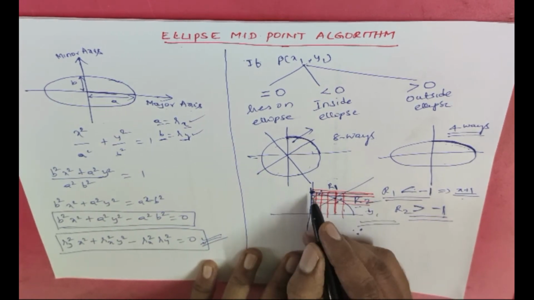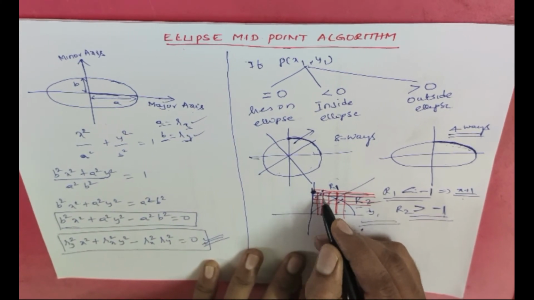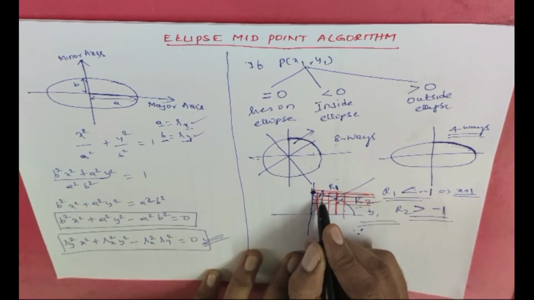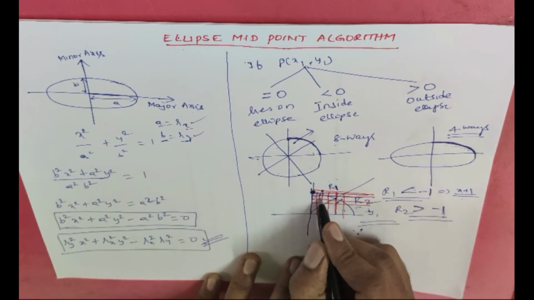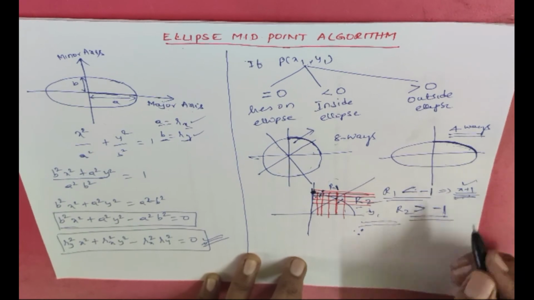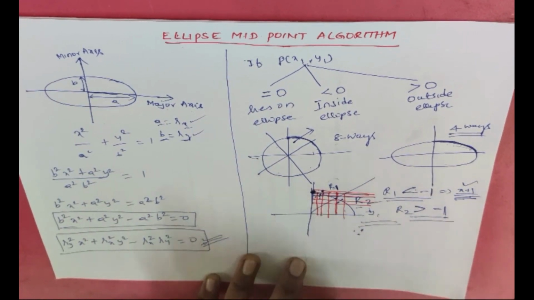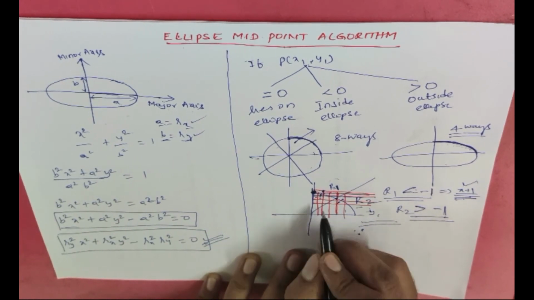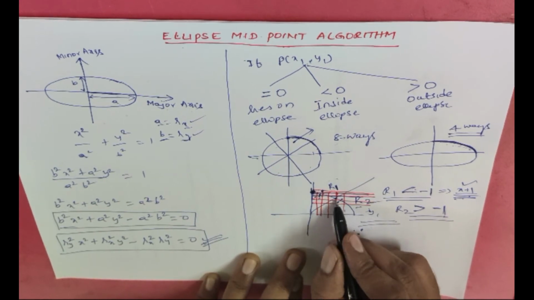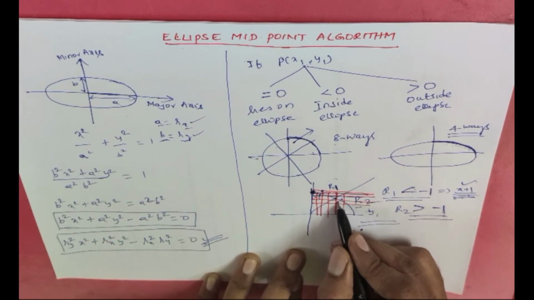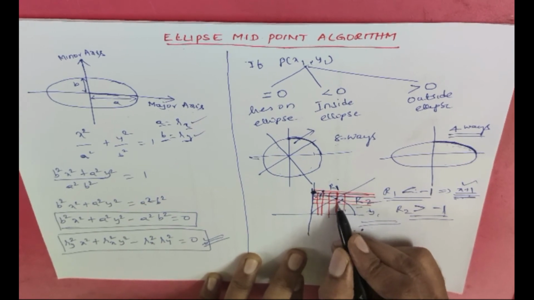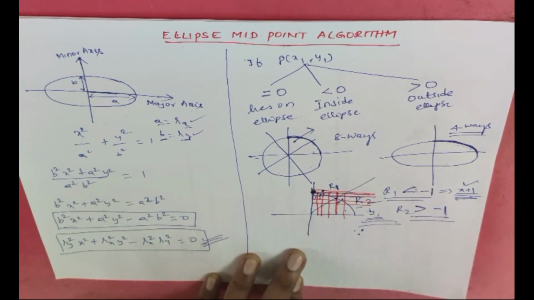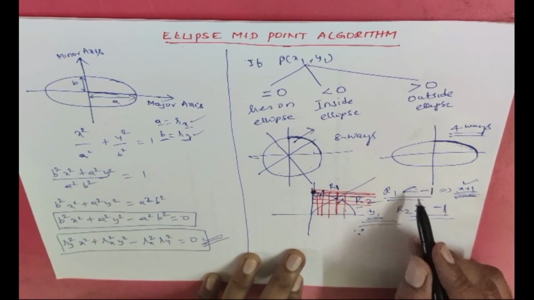Whenever we have a point in region 1 and we need to go to the next point, these are the pixel values, so I can select this pixel or this pixel. In both cases, whichever I select, the x value is always incremented in region 1. Whether I take this point or this point, my x value will be incremented. Whether the y value changes or not depends upon the decision parameter. Similarly, when you go to region 2, this is the point and I need to go to this point or this point. Here the y value is going to change, and whether the x value changes depends on the decision parameter. This is the difference between region 1 and region 2.